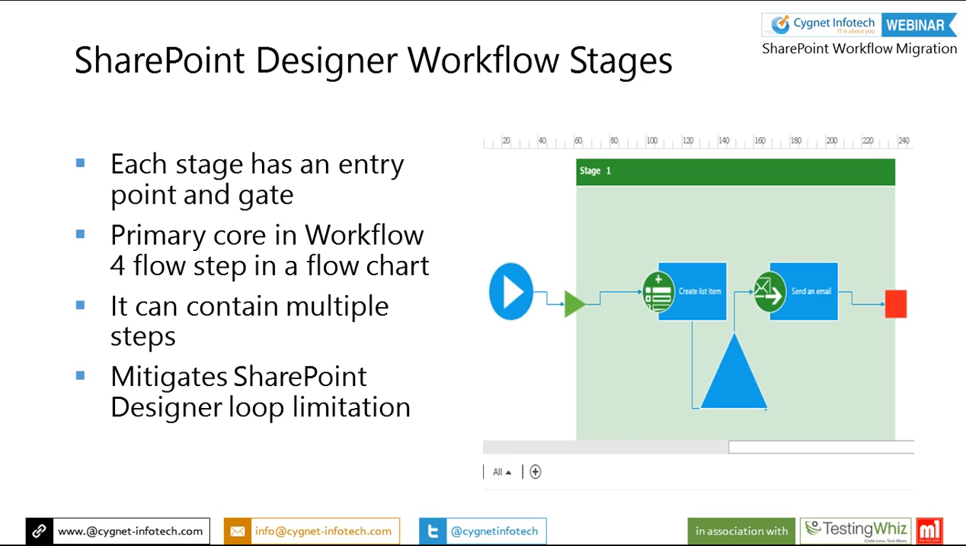Stage is nothing but it kind of has the entry point and the gate. The entry point starts with the action, or you can say step, and the gate is basically a condition from where it evaluates the outcome of your stage, and based on that it moves further and executes your workflow into the further steps or stages. Your stage can have multiple steps, and basically this stage logic comes out and mitigates the loop